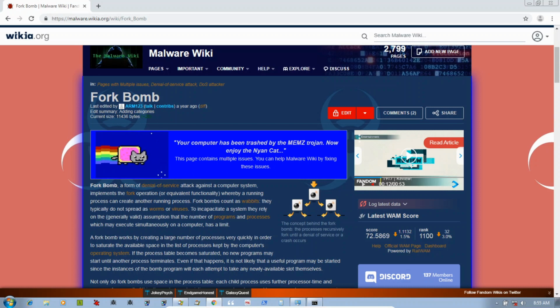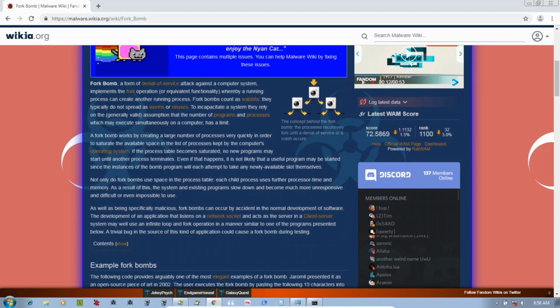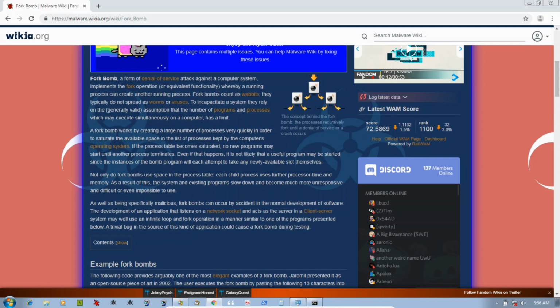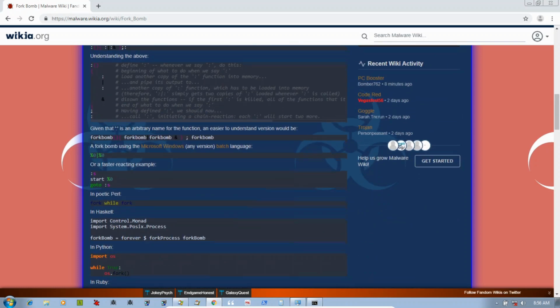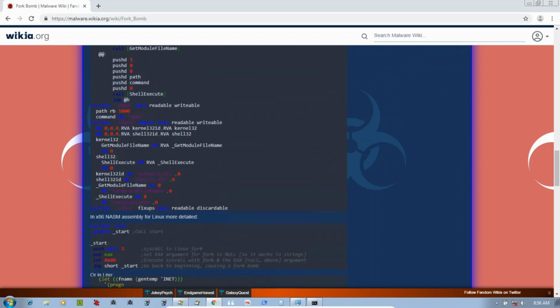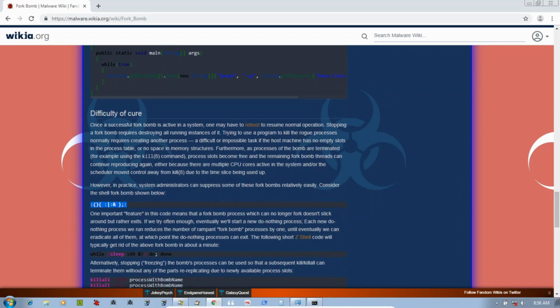One source I would actually recommend if you would like to dig deeper into how fork bombs work is the malware wiki page, which you may see in front of you. It's filled with examples for different operating systems as well as for different programming languages. One which is actually quite nice and is intended for Linux, although it doesn't work as well as it used to, since some of the Linuxes out there are now hardened against it, is this one, which you may see right here. It's quite nice, quite elegant, although it may be improved upon a bit.